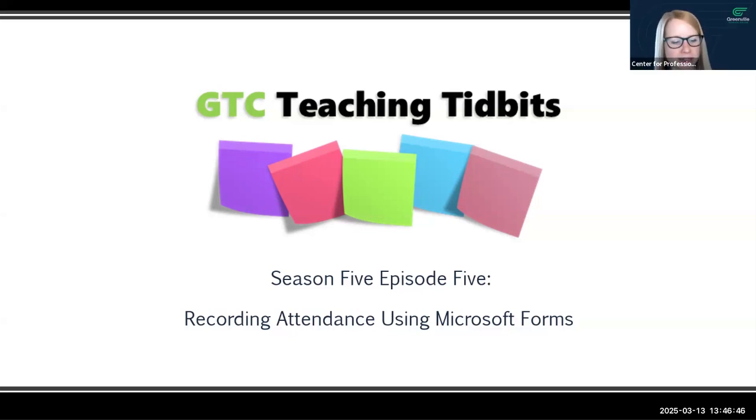One of the primary administrative tasks that each faculty member is asked to complete routinely is submitting attendance in a timely manner. And many faculty members, myself included, prefer to keep their own set of records as well, as a reference and a backup. April is here today to share a way to record attendance, specifically for in-person and synchronous classes, with a unique look at a tool that we all have access to, and that is Microsoft Forms.